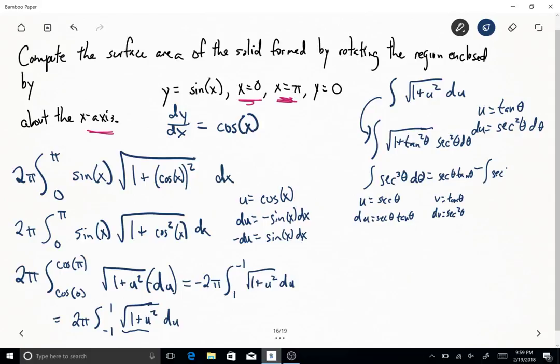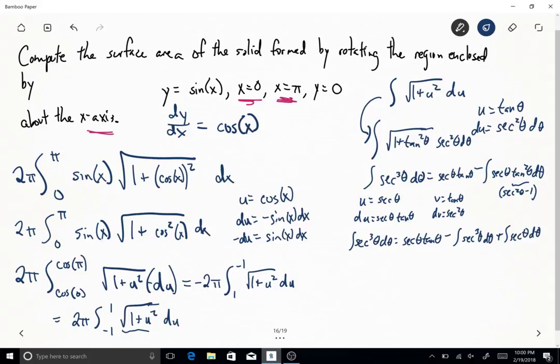So this is secant theta, but this is tan squared theta d theta, and that's where the main point is. That tangent squared theta, and that's exactly what Chelsea's mentioned. Now I'll have to use the secant squared theta minus 1. So you get secant cubed theta d theta equals, we have secant theta tangent theta. And notice this is secant squared theta minus 1, right? So when we multiply that, we'll get a minus another integral of secant cubed theta d theta. And then minus and minus makes plus, so that'll be plus an integral of secant theta